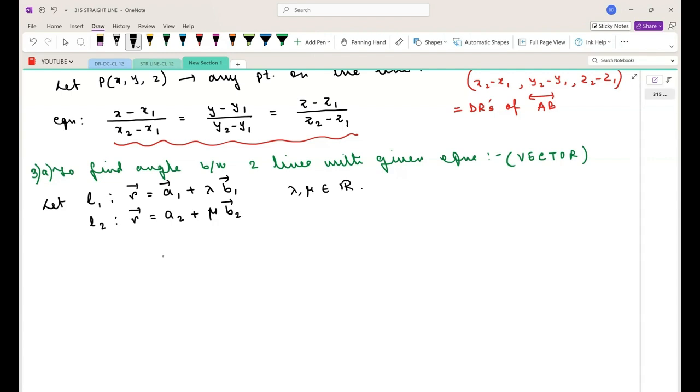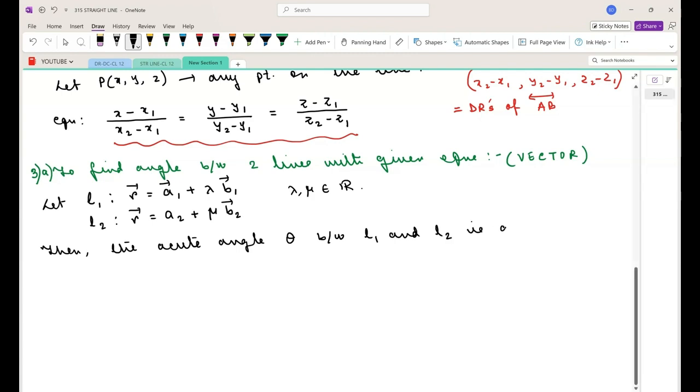If you remember in 2D class 11 also, when we were asked to find the angle between two lines, we always used to find the acute angle putting a modulus sign, and then the corresponding obtuse angle will be simply 180 minus theta. So here also we are going to find the acute angle, right? So then the acute angle theta between L1 and L2 is given by